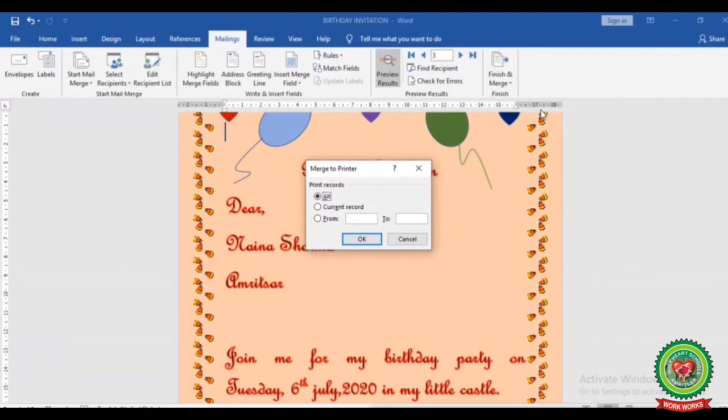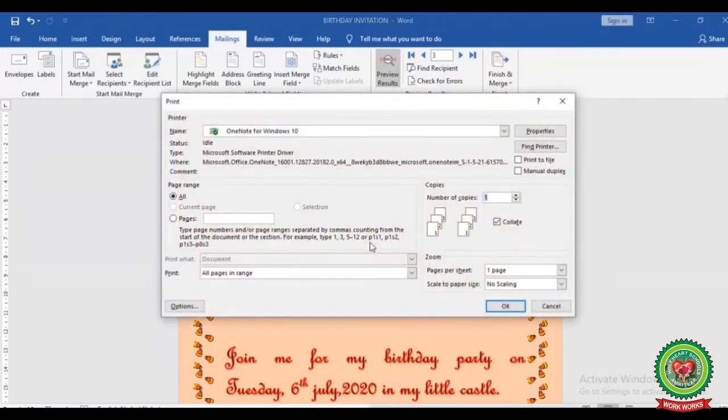After clicking on Print Document option, you will get Merge to Printer dialog box. From there, you need to select the option All, then click on OK. After making required changes, again click on OK.